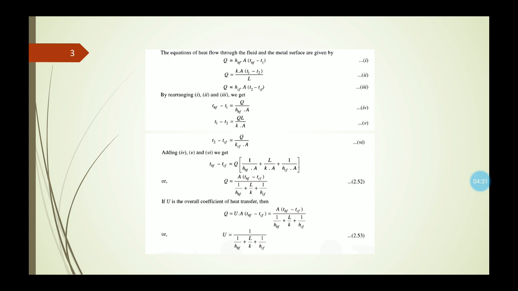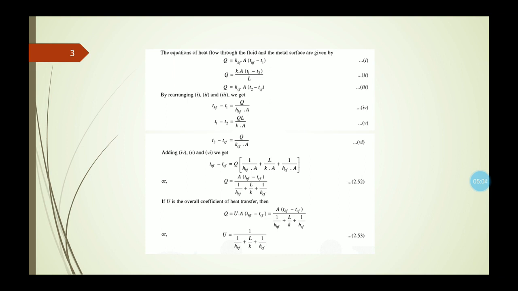Next, when the heat is transferred inside the metal wall or the plane wall, the heat is transferred by conduction. So in that case we apply Fourier's law of heat conduction, which is used in case of conduction, and we have discussed it earlier also. The formula is Q equals K A, and the temperature difference divided by the thickness of the wall.